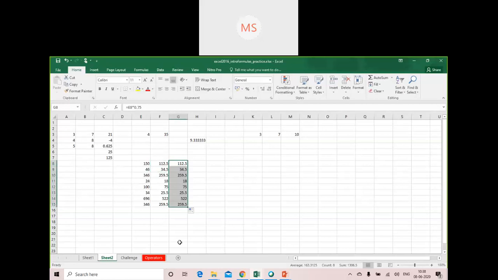Now how to edit a formula? If you want to edit a formula, yes, you can do that. You can go to that particular cell where the formula has been entered, and then whatever changes you want, you can make a change to it. Okay, so suppose what I want to do, I want to divide each and every number by 5. Yes, you can do that. The formula has been changed now.